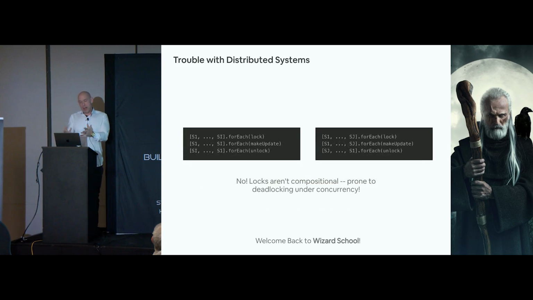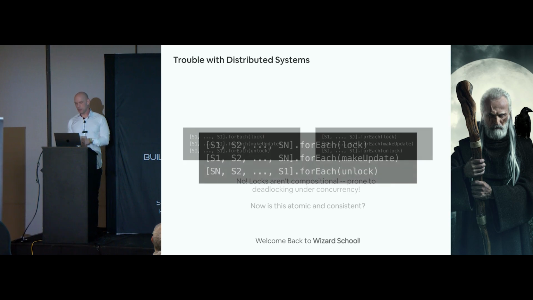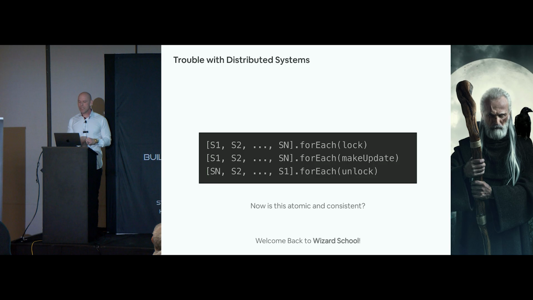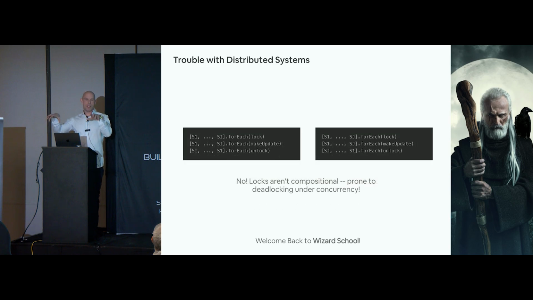Well, one obvious problem that stands out here is locks aren't compositional. So if you actually try to build a solution based on this, then two different attempts to update the state of the distributed system would end up deadlocking because the locks were arranged in different orders. You might think there's a simple solution to that. There is, and the simple solution doesn't perform. It's horrendous. You could never use it. And then there are very complicated solutions to that problem that might perform better, but they're really, really nasty.